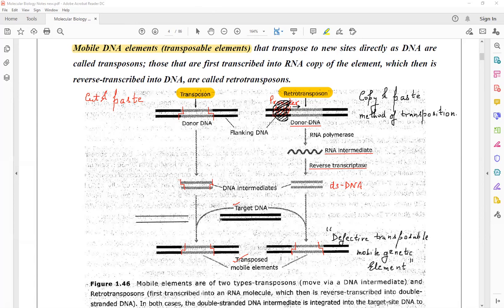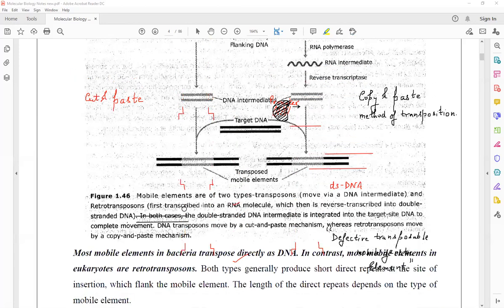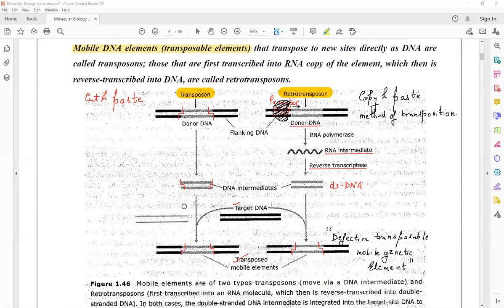Okay. Now, so for having a view of how the transposition takes place, let us look at the PowerPoint presentation and the animation of this particular lecture. इस lecture के animations को हम देखते हैं. So just deleting all these facts, all these things, you would have noted them down.